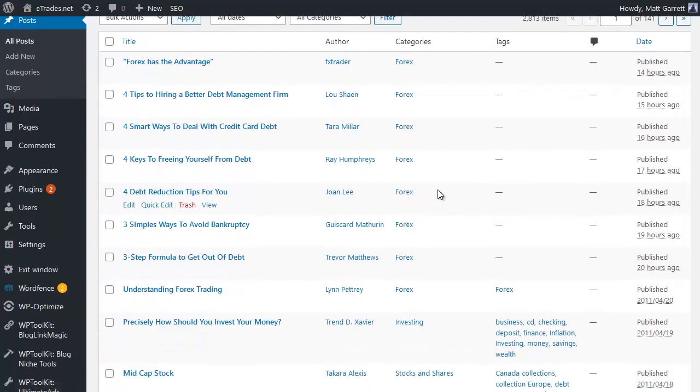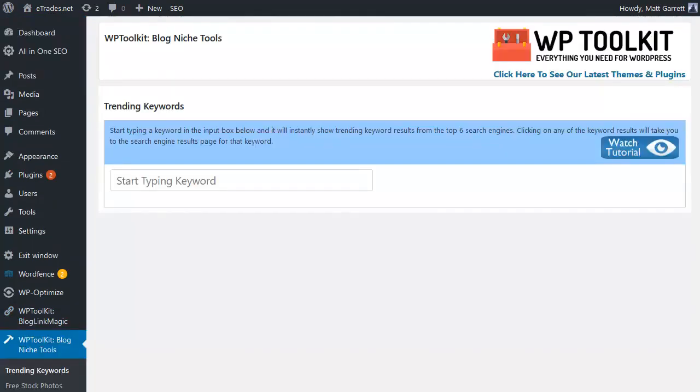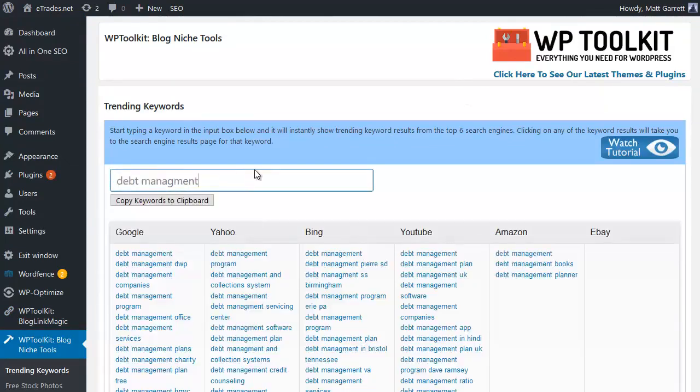Now the next step is that we probably want to edit these and put some keywords in there to help them rank on the keywords that we're targeting. So let's go back to Blog Niche Tools and choose trending keywords. Now one of those articles was about debt management, so let's pop in the keyword debt management,